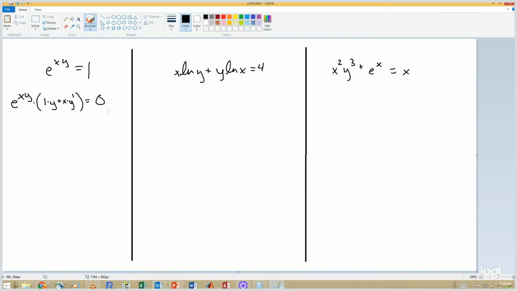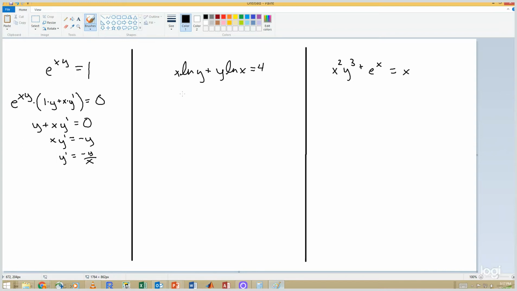And now we solve for y prime. Again, e to the xy, we can divide both sides by, so we get y plus x y prime equals 0. x y prime equals negative y, so y prime equals negative y over x. Okay, our second